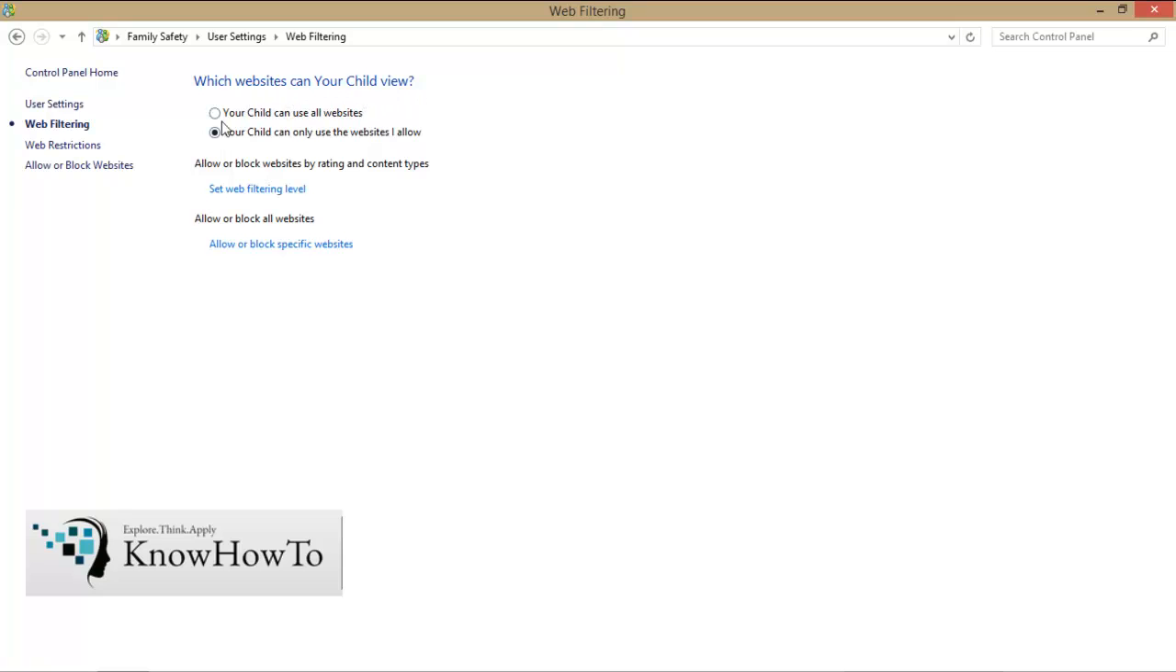So I have two options here. The first one is your child can use all websites. So I don't want to set this option, because I want to restrict some of the adult sites that my child cannot watch. So here I need to go to the second option, your child can only use the websites I allow. So go to the second option, and now